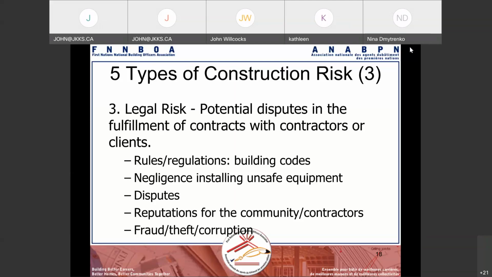So if you have money for a project and the money disappears, then you're into a legal risk for your construction project. And how are you going to fund it? Or if there are questions of corruption, then it will impact the completion of the project, such as funds not being paid out to the fullest amount, or banks holding back monies.